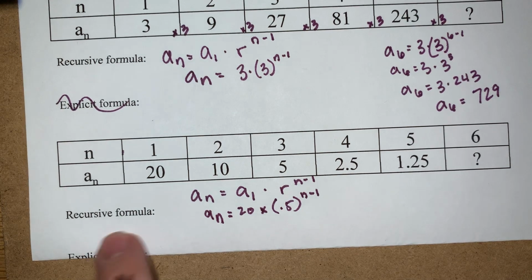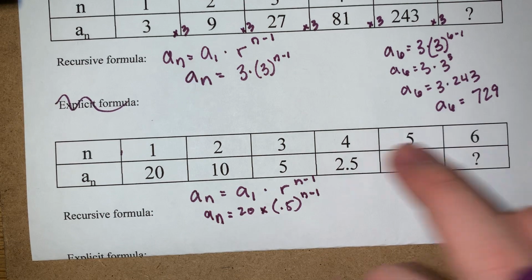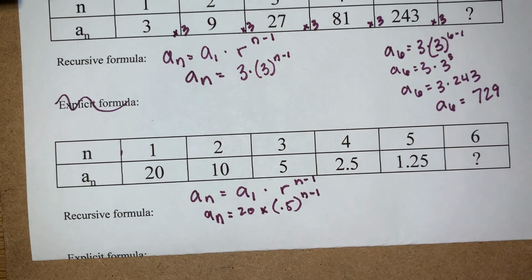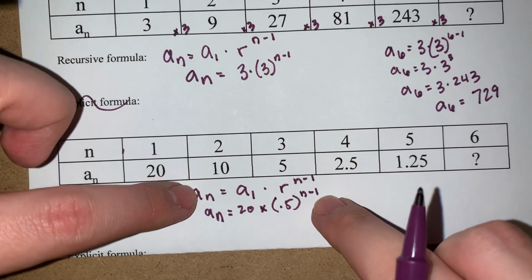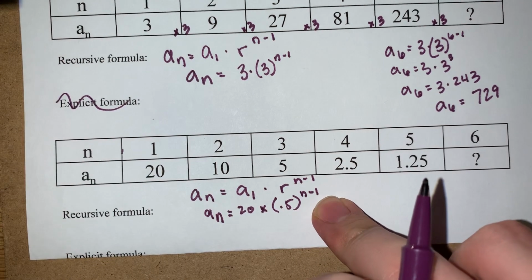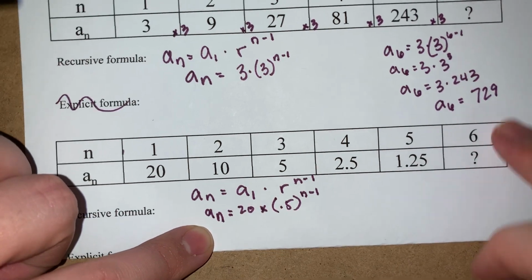Now, where we get into using the explicit formula is basically when we plug in and simplify. The explicit formula, like I said, we're not going to really worry about it. As long as you know how to operate using this, you don't necessarily need to know that it's called the explicit formula. So now, again, I'm going to look at the table and say, okay, they want us to find